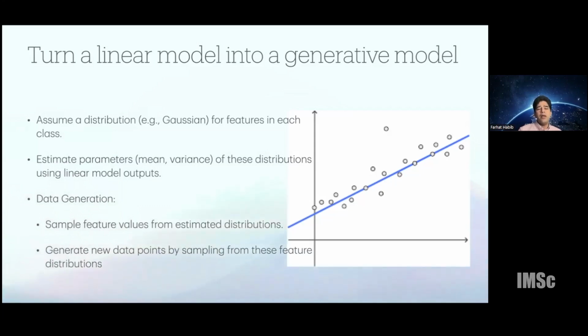And what you could do then is generate new data points by sampling from these fitted distributions. So essentially, let's say the data points have an error that is normally distributed with a certain mean and variance.